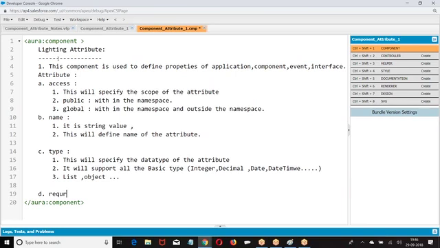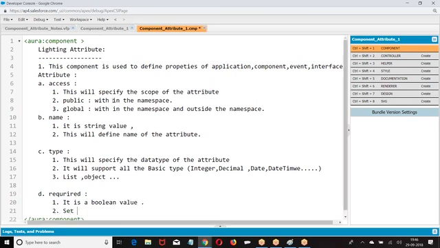Required is a Boolean value. Set as true.